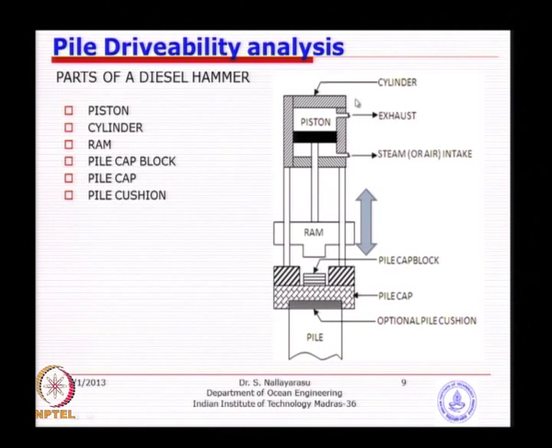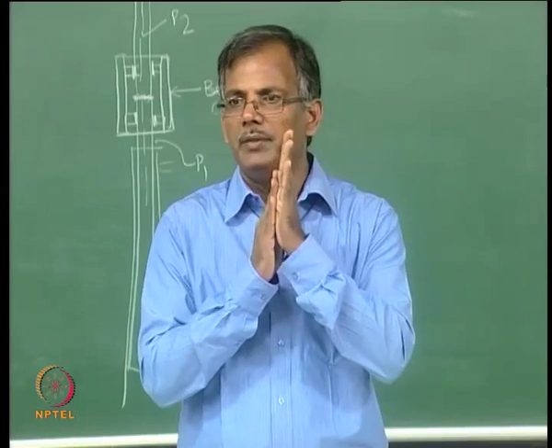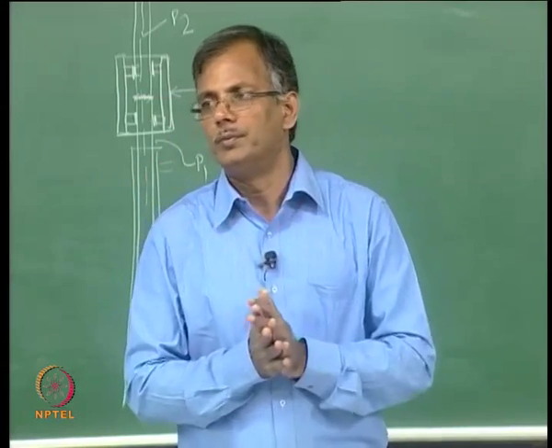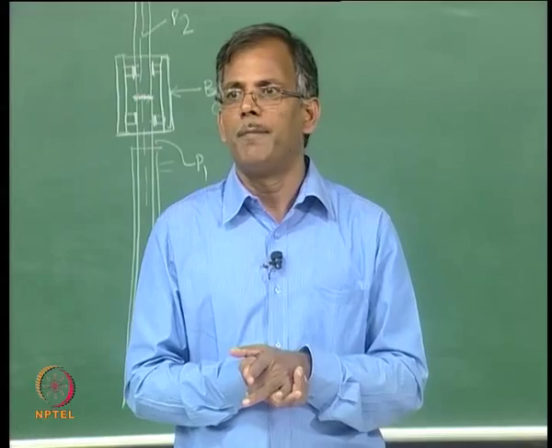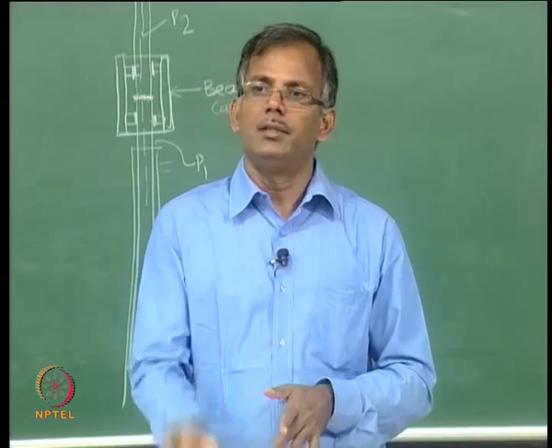So that is the idea behind how a pile is being made to go down: striking from top and the energy is transmitted, some energy is lost at the pile cap and pile cushion, and the remaining energy goes to the pile, and the pile transmits the energy to the soil, and that energy is absorbed by work done internally in the soil material by means of displacement. Once you break the bond between the pile and the soil, the pile goes down. So that is basically some energy absorption, and the remainder energy comes back.